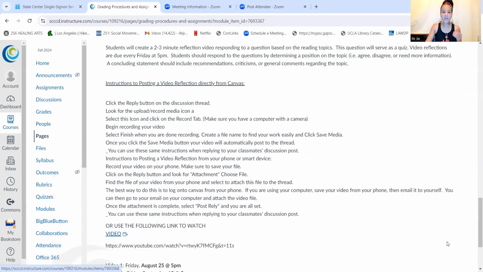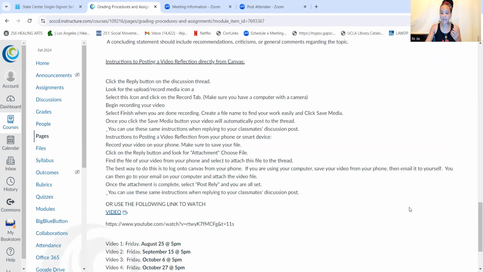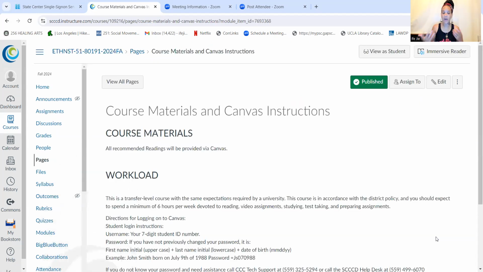I do want to make mention that when you're turning in your oral interview final paper, you're not necessarily going to give me the recording of your interview if you are able to record it. You're just going to turn in the actual final paper, which is a summary of your recording, okay? And so just make a note of that. A lot of students ask me, hey, Dr. J, do I actually have to give you the transcript of my interview? And no, that's not necessary. I just want to see the final paper. I want to see the oral history now made into the written word, okay?